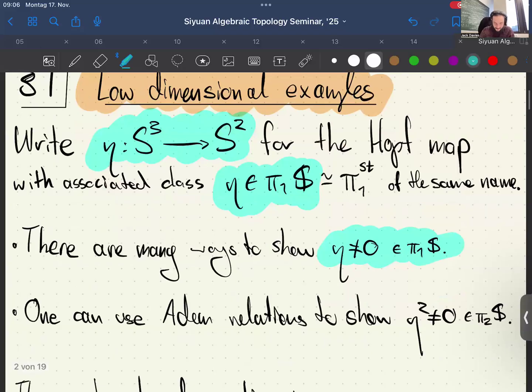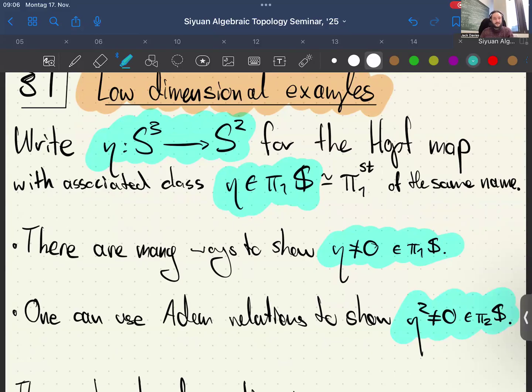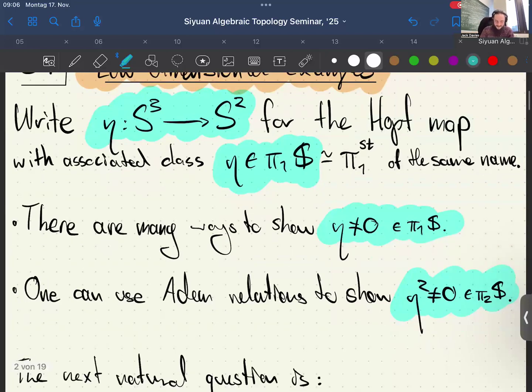Oh, and in fact, you can also show that the square of this element is also non-zero by using some tricks with Adem relations. Look at the end of Hatcher's book. He sort of talks about this in quite a bit of detail. Okay, so there is now a natural third question you could ask yourself, and that is, well, what happens to